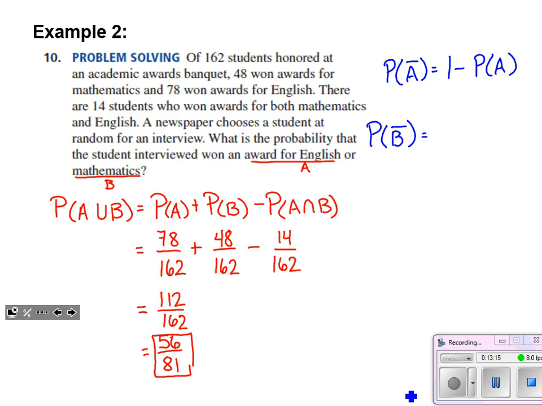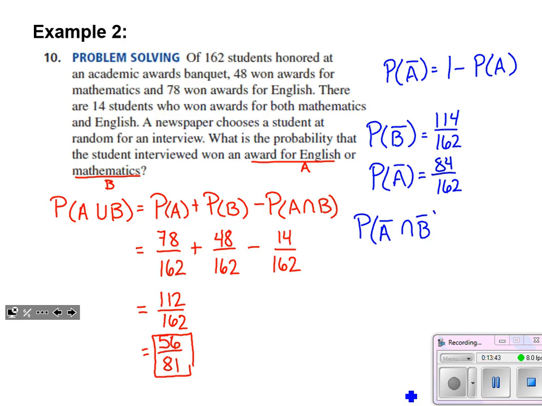That would be 114 out of 162. Probability of not winning an award in English, let's see, that would be 84. So the probability of not winning a math award or an English award and not winning a math award,